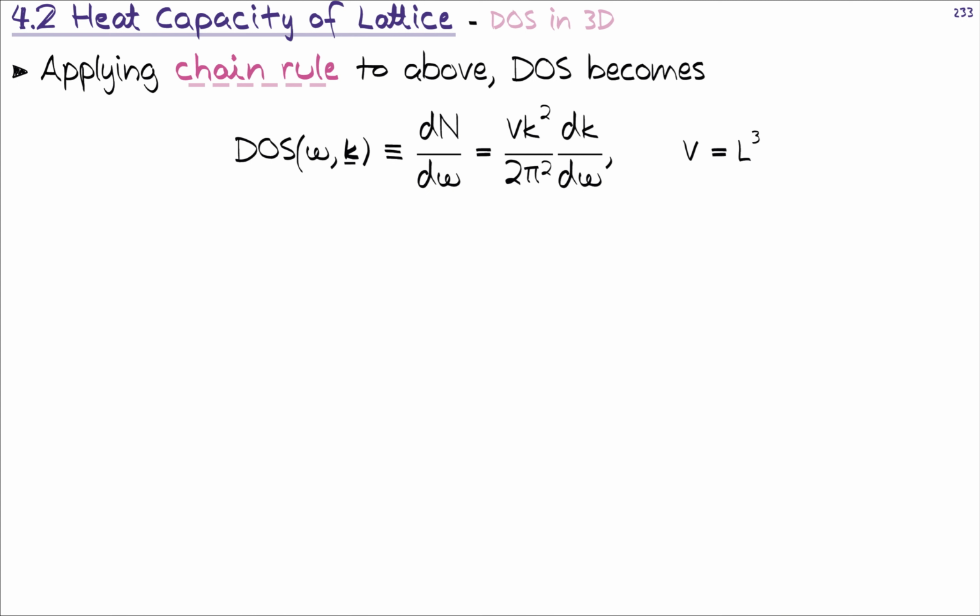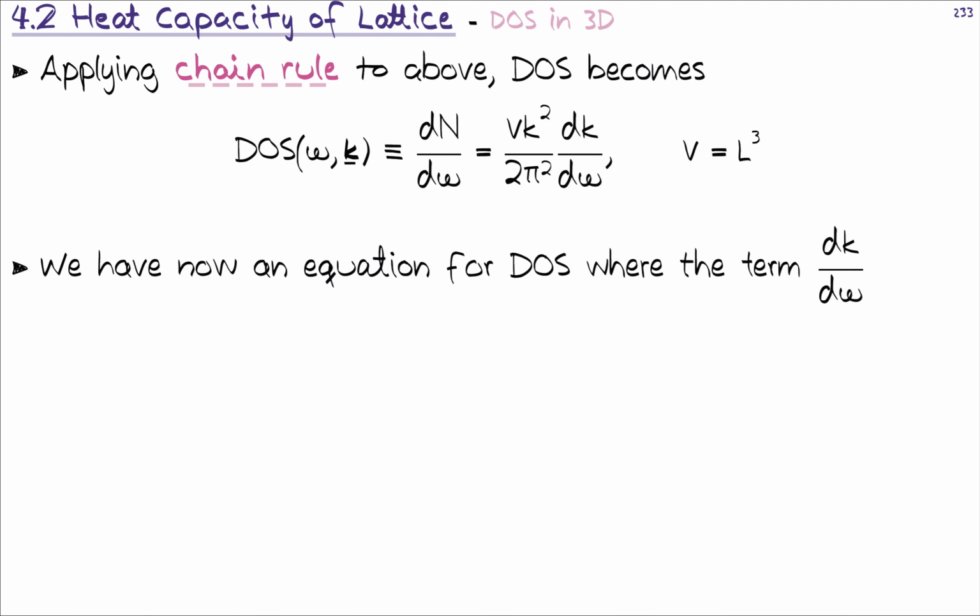So this is essentially just what we had. We had the equation on the previous slide for n, and then we want to change that to be a derivative with respect to omega, and then we apply the chain rule in order to calculate this. And now we have something like this here, and then we will proceed. So we really now have an equation, or at least some kind of equation, for the density of states.